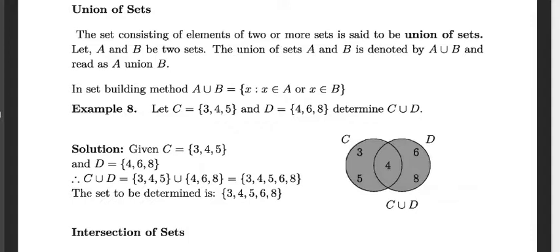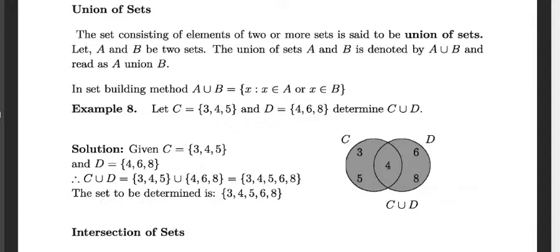Example: let C equal {3, 4, 5} and D equal {4, 6, 8}. Determine C union D. Given C equal to {3, 4, 5} and D equal to {4, 6, 8}, so C union D equals {3, 4, 5} union {4, 6, 8}, which gives 3, 4, 6, 8. All common and uncommon